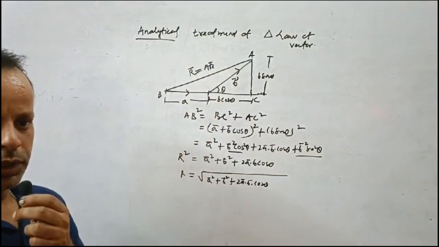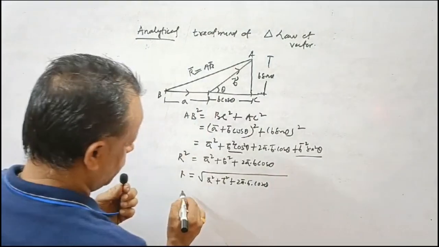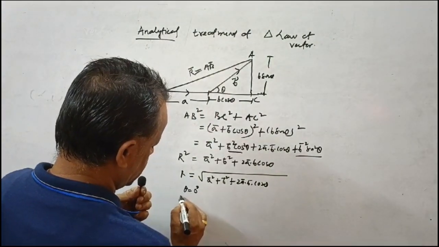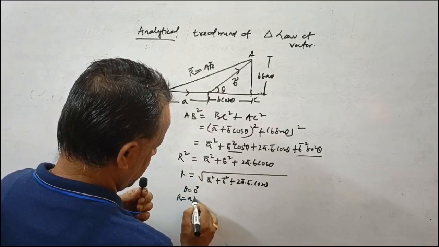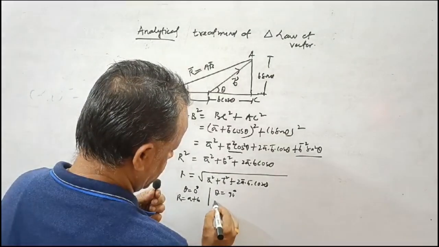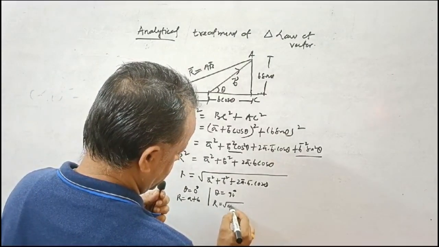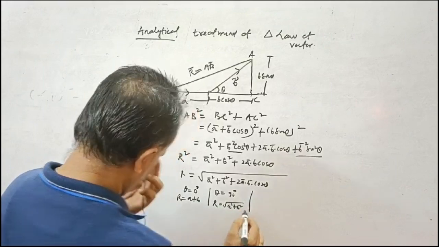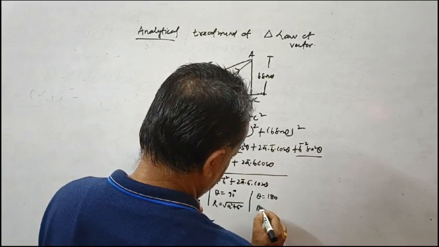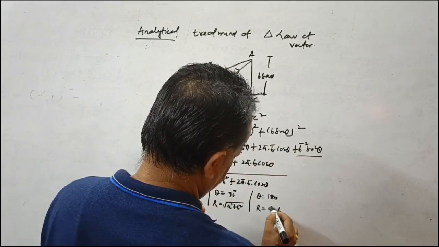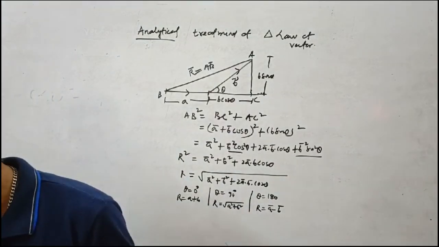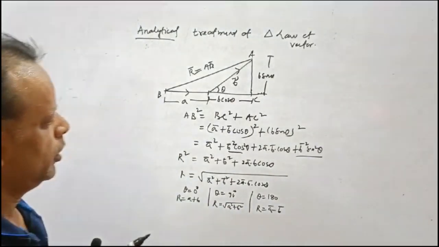We will go for the special cases. See, when theta is equal to 0 degree, the resultant will be A plus B. When theta is 90 degree, the resultant will be equivalent to root of A square plus B square, and when theta is 180 degree, the resultant is A minus B. Now we will go for